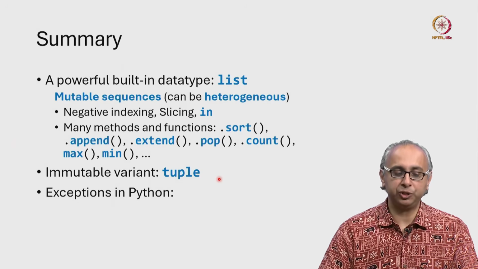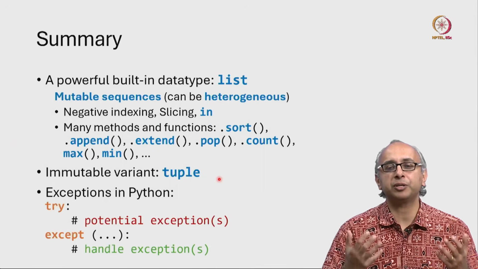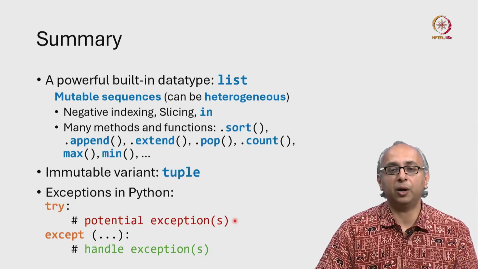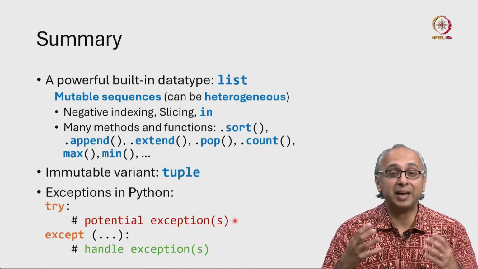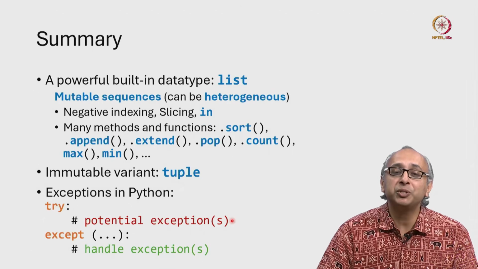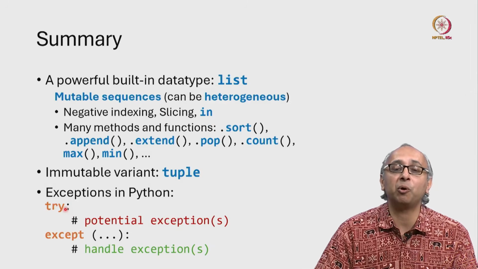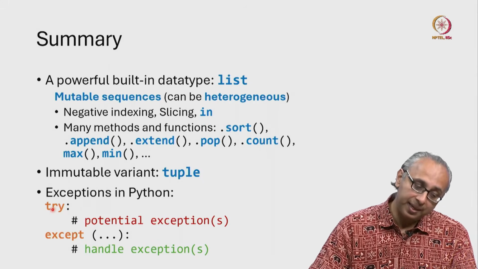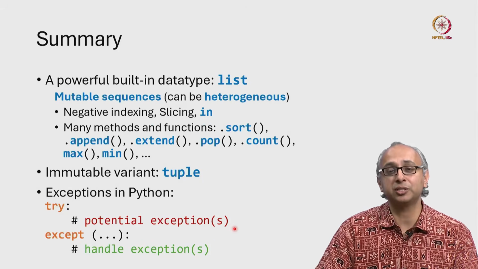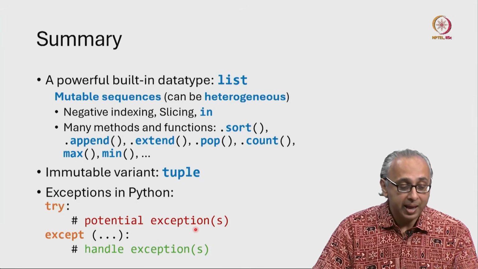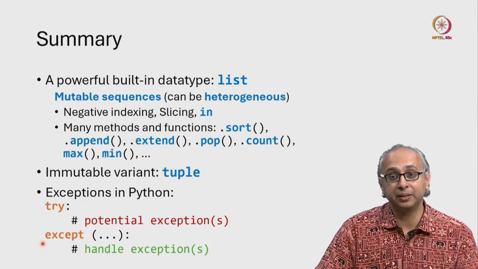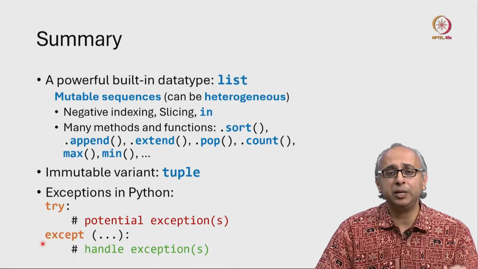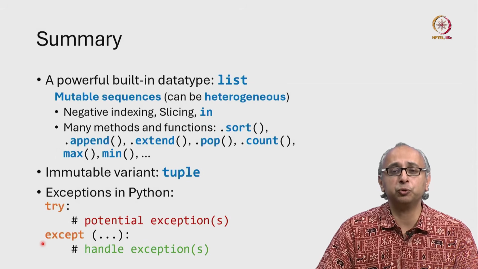Finally, in this lecture, we saw exceptions. Exceptions allow us to write code that is potentially more readable. We want to do some operations, but we know that in some cases that could lead to exceptions. So we put those potentially dangerous steps inside what we call a try block. Once again, the syntax is the keyword try, colon, and then indented all the operations that could potentially cause an exception. And then we have an except statement. And it turns out we can have multiple except statements. So once again, go read the documentation if you would like to know more.